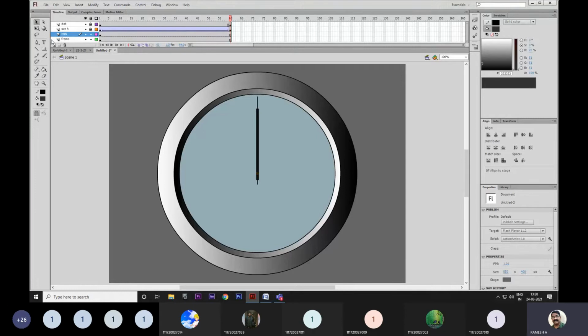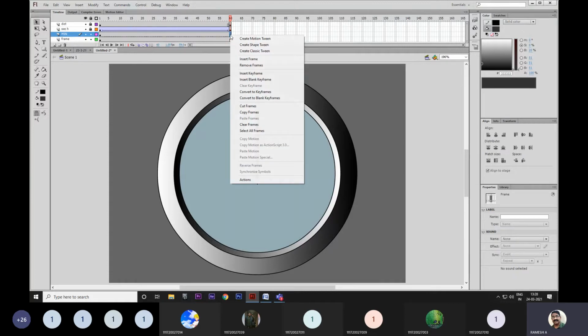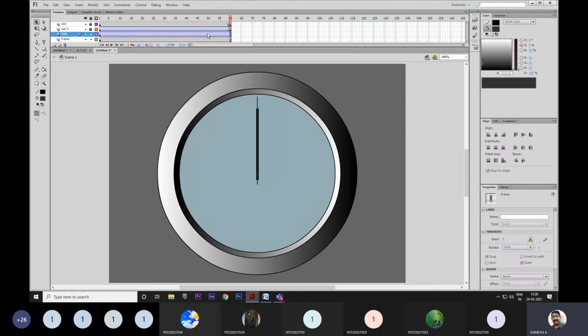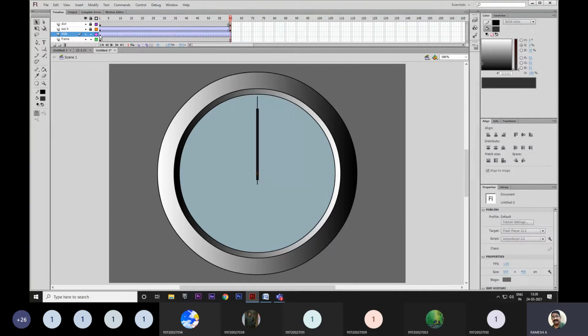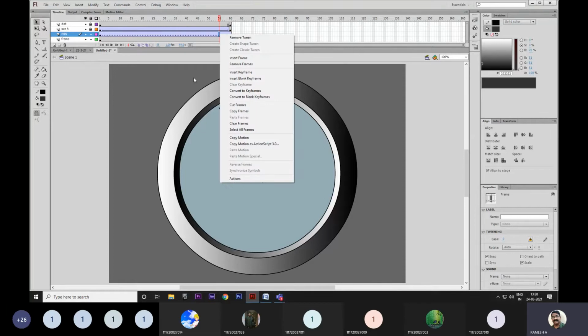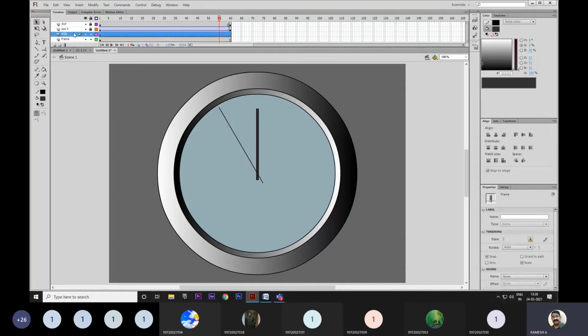First, if you want to give any classic tween or motion tween, you have to insert a keyframe, select the last frame, and create classic tween. Why was it already tween?